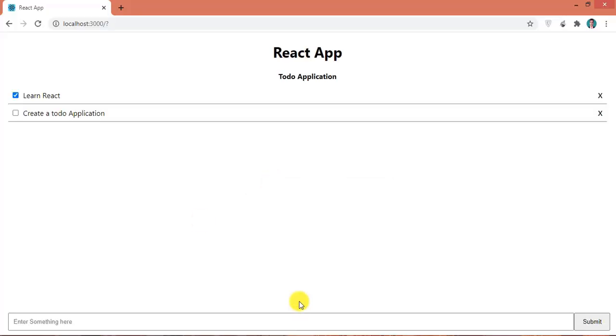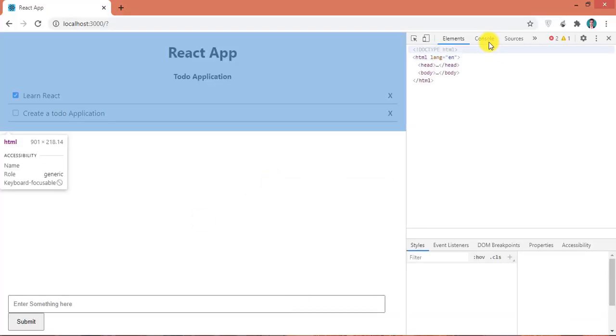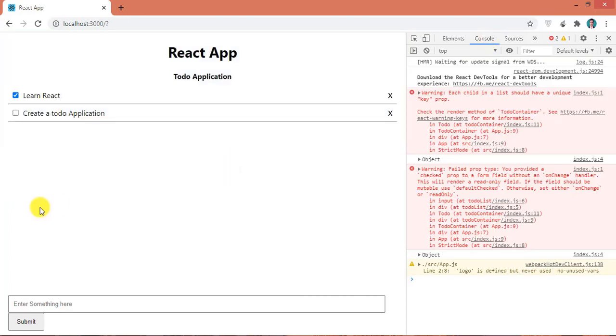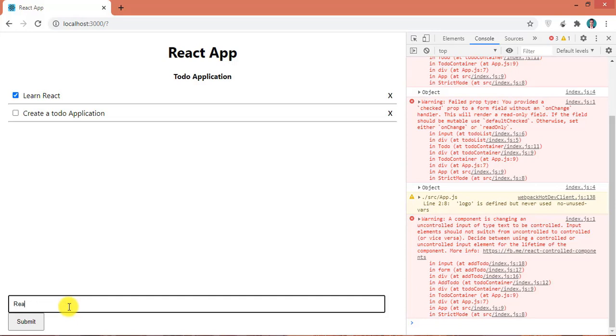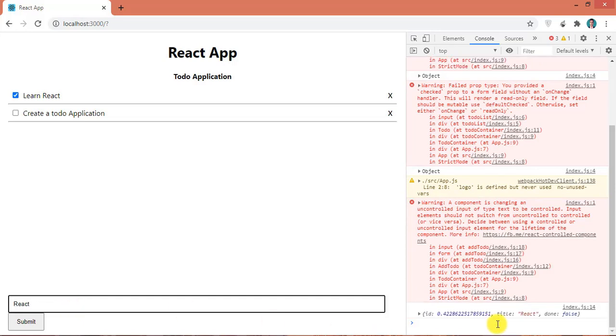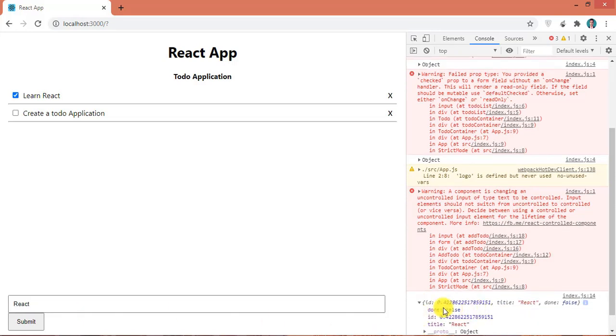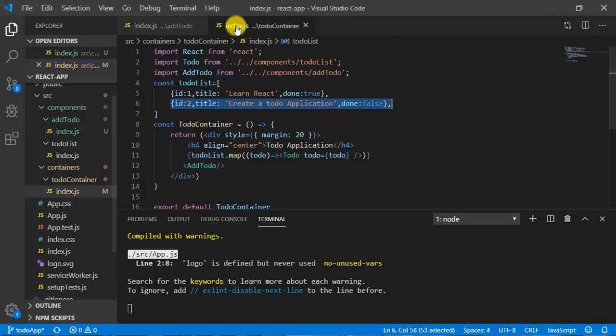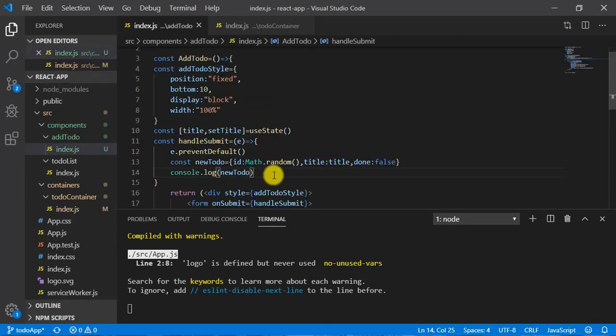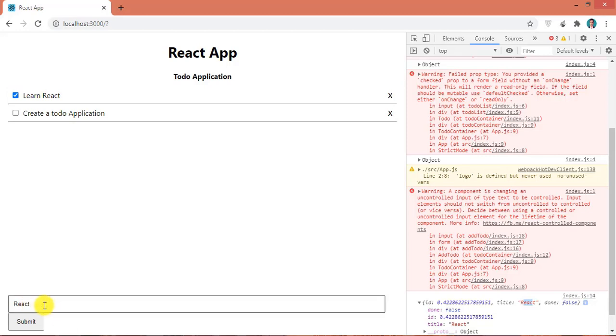Save it and have a look here. Go to inspect mode, console. Let me hit enter here, with react. You can see here I have some ID, title as react, and done equal to false. So this looks like this component only. But you might have noticed that after hitting enter I still have this value here.